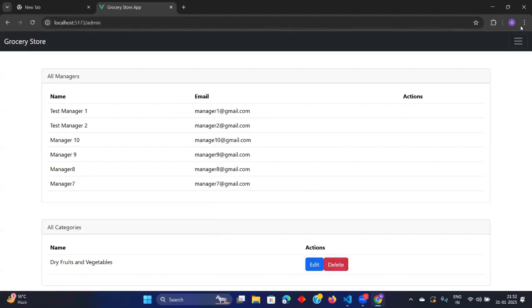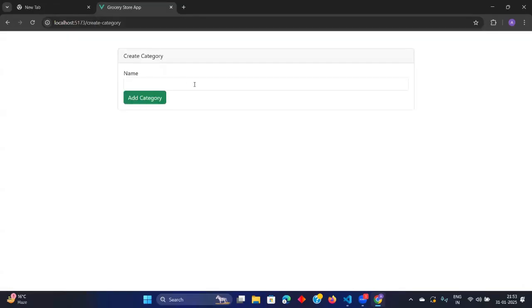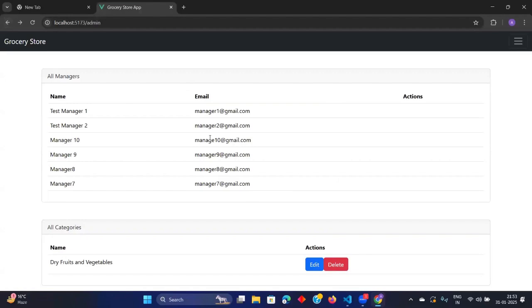Okay, now let us create one more category. The look is the thing which you can adjust on your own. We are not going to look into the look details of this. We are just going to the functionalities because the look can be different for every person. How you want to showcase this, you can showcase it like admin here, these things here and all. You can do that on your own. Marks are mainly in functionality, not the look. Even if you create everything on a single page, that will also give you full marks. Worst case, the look is bad but all functionalities are working, you will get full marks.